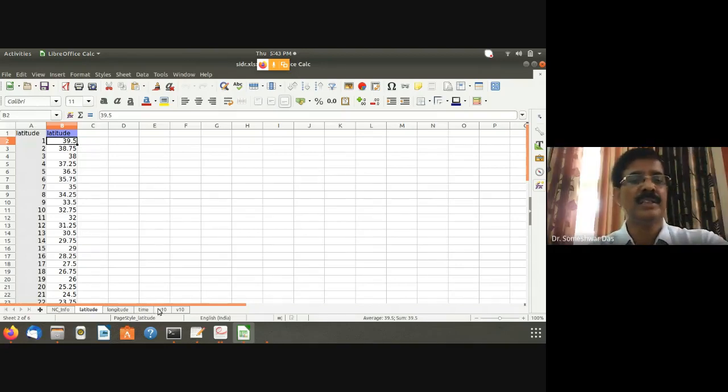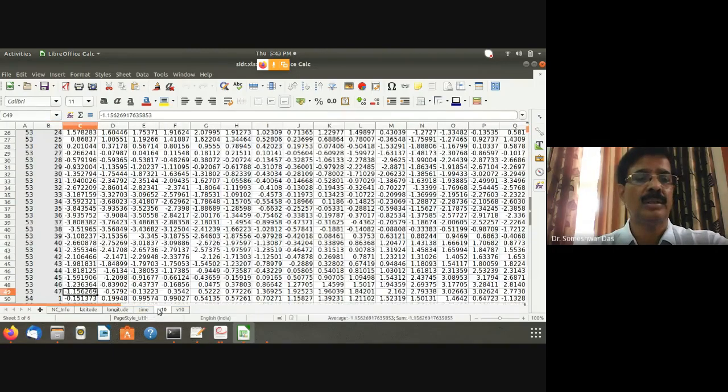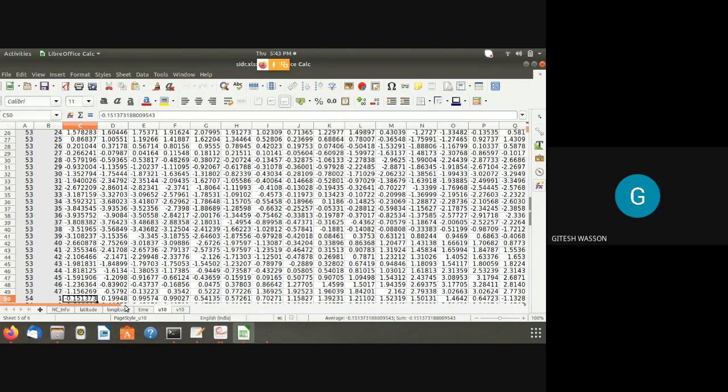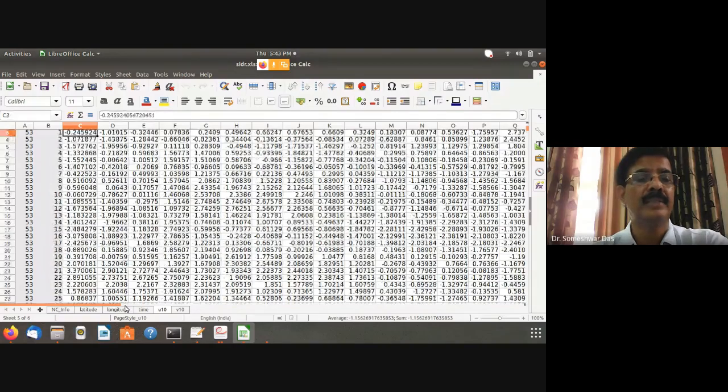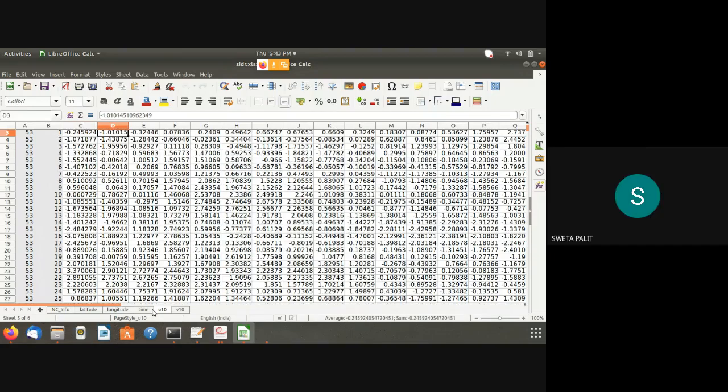So now your first column and first row, the first one is 39.5 latitude, right? Yes, sir. This is 39.5. Now scroll up. Okay, now this one is 39.5 degree latitude. Now we go in the east direction in this row, and what is this next value? This is the value at the next longitude.